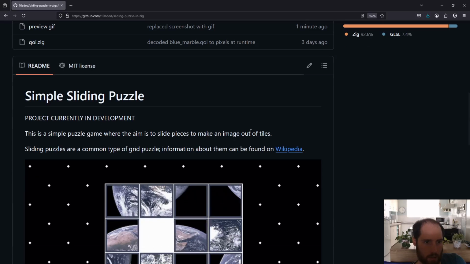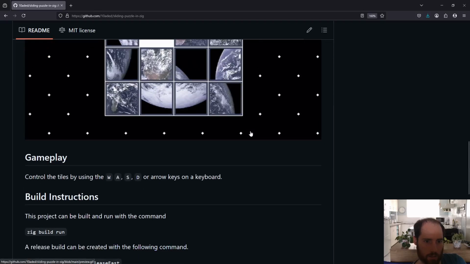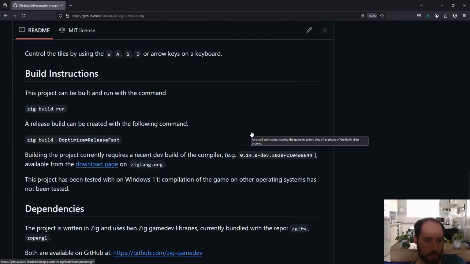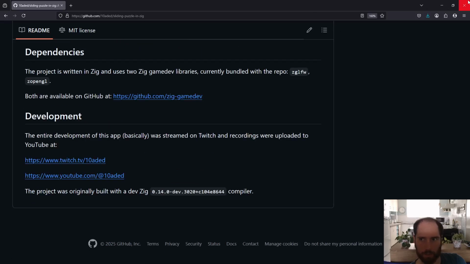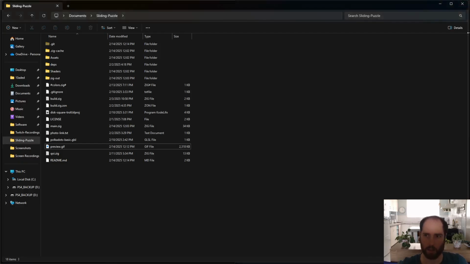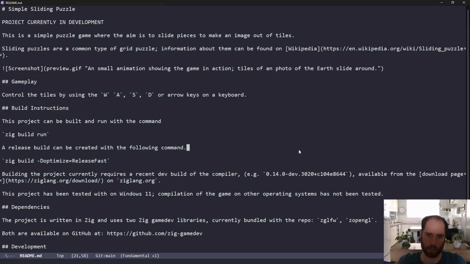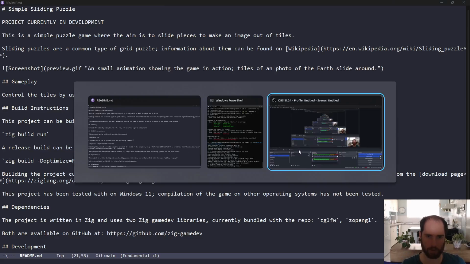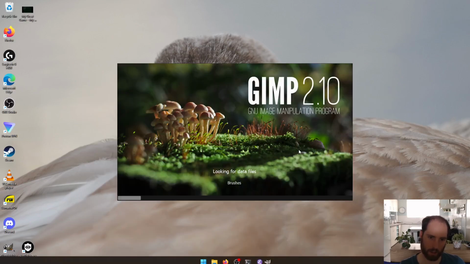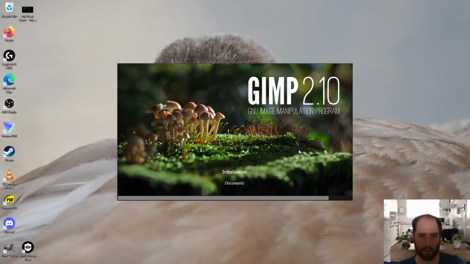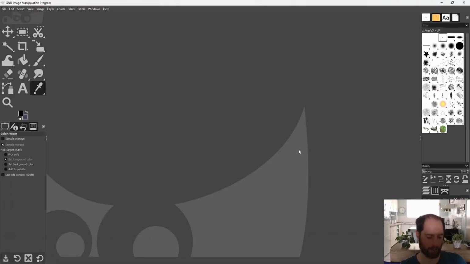Project currently in development, which is true, but it's nearly done. Okay, so that's nearly the end of the first layer of Wikipedia links of what we're currently doing. Done. So now we can